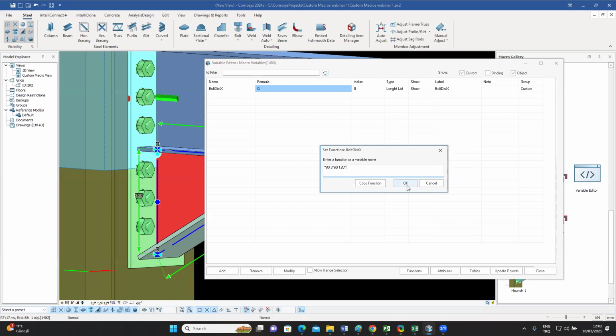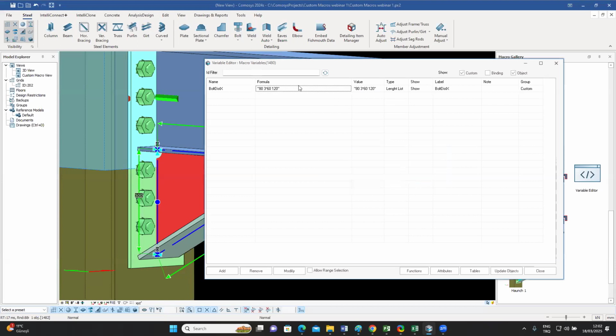This is just a default value I'm giving, right? So I've created a variable called bolt dist x. And then I've given it a default value. But it's just a variable. It's not connected to anything. It's called bolt dist x. I've given it a value. Now let's see what we can do. If we close this,